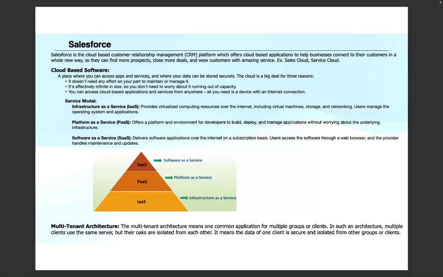Today we are going to talk about Salesforce, what exactly it is. I have already made a couple of videos in the past on Salesforce, but today we are going to talk about what exactly it is. Salesforce is a cloud-based CRM, customer relationship management platform, which offers the tools and software products